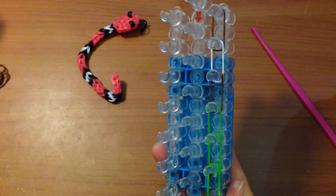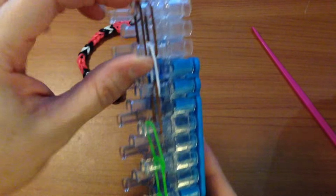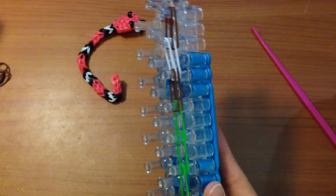and then do not cap anything. We're going to place bands over these. Again, follow the color that matches the one underneath. So brown, white, brown, followed by 3 green,